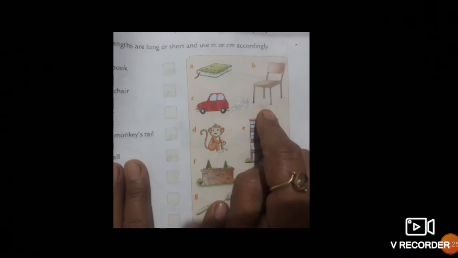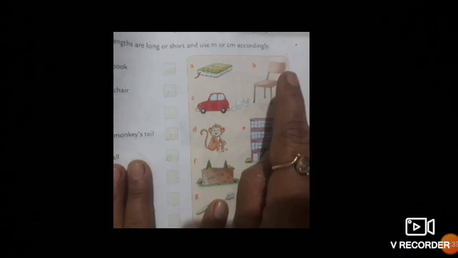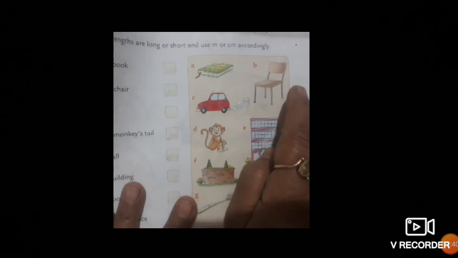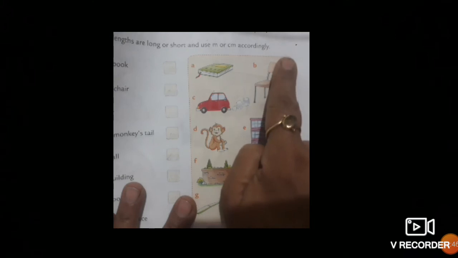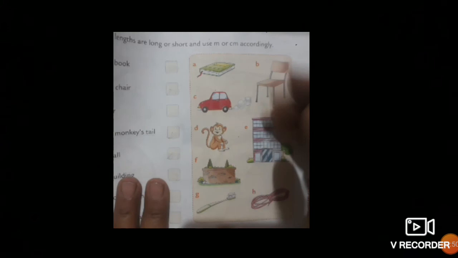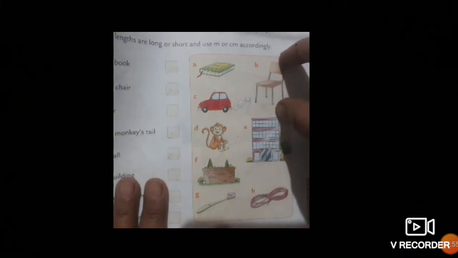It depends, on a small chair or a chair of larger height. It can be a centimeter, it can be a meter, but I think it must be approximately 1 meter beta. There are also small chairs for children, that will be in centimeter. It depends on the height of the chair. The taller it is, the more it goes towards meter, and small chairs will be in centimeter.